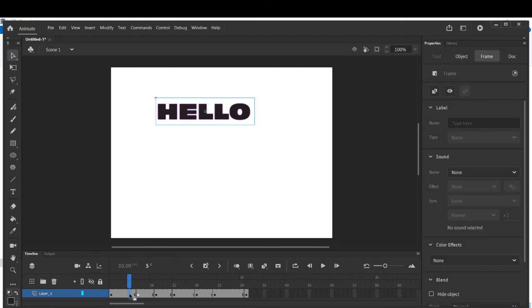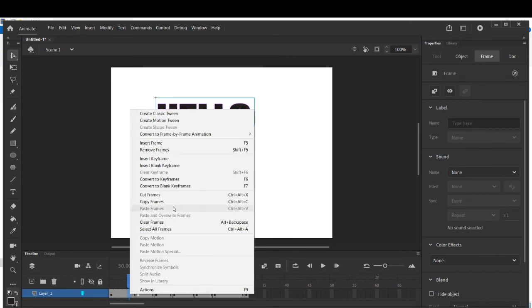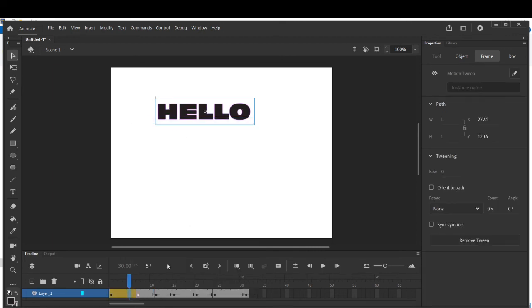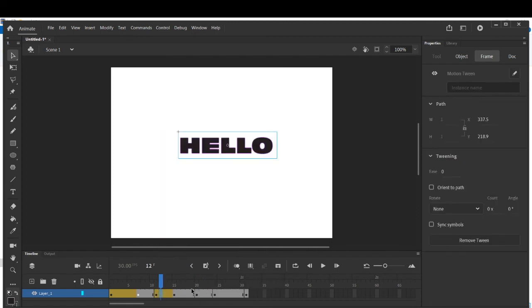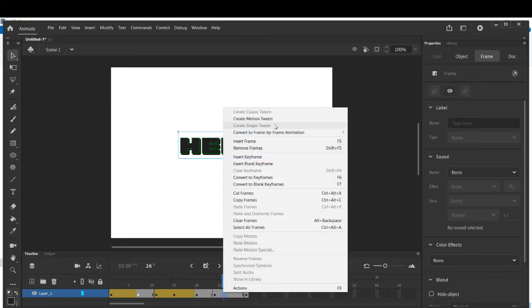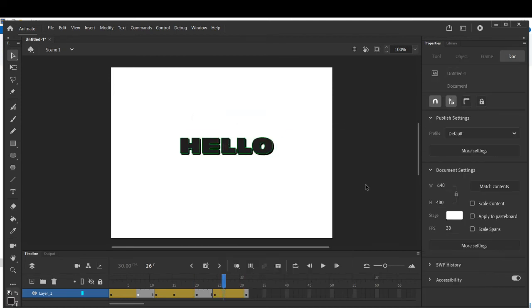Then create motion tween, or if you want to change the shape, create the shape tween. So shape tween is not appearing, create motion tween. Right click, motion tween, then it will change accordingly whatever you have set, children. And now control plus enter.